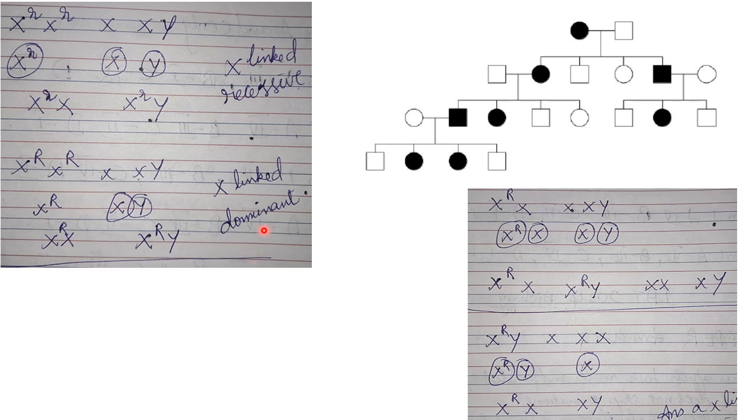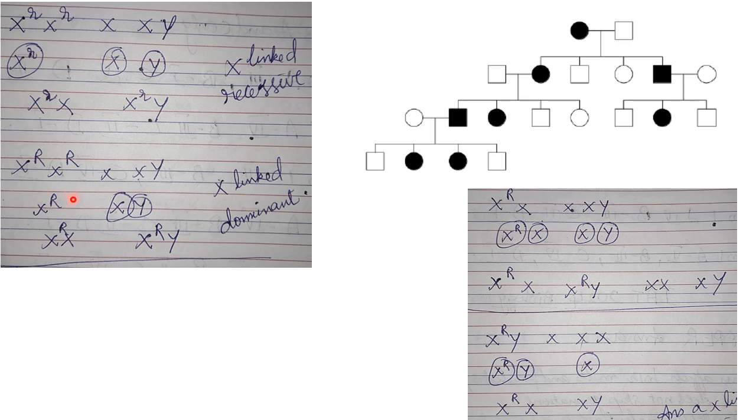Now X-linked dominant can be of two types, with both the X chromosomes carrying the defective gene or one X chromosome carrying the defective gene. Still then the offsprings will be affected. Now we will see whether it is present on both the X chromosomes or a single X chromosome. Now if it is the case with both the X chromosomes,